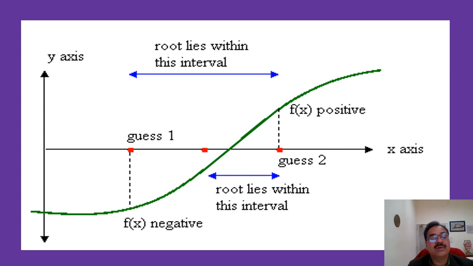Okay, so always you can start: the root lies within the first. We always check where the root lies, and we always have a litmus test. We will check where the function is positive and where the function is negative. So you can check here, this is positive and here the function is negative, so the root will be between these. Initially you have declared that the root lies between this,